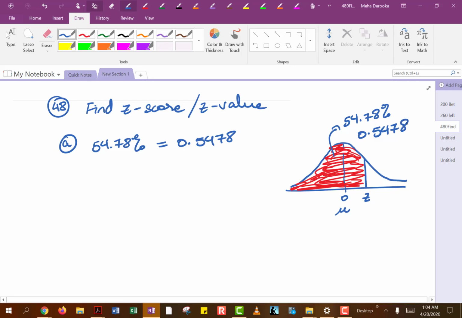So what we have to do is we have to go into our table, and in the table itself you have to look for